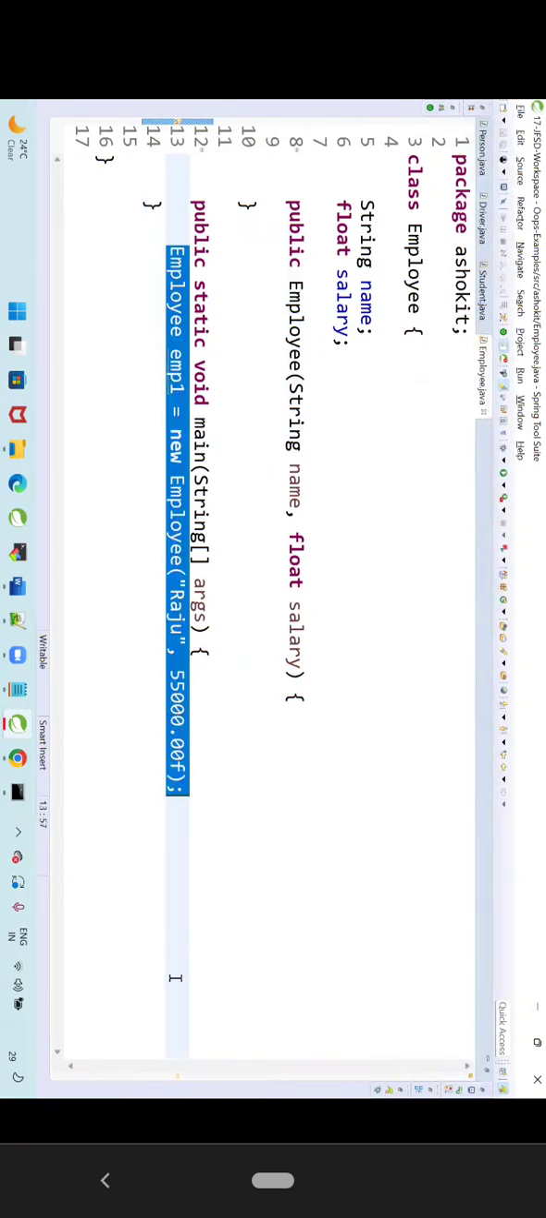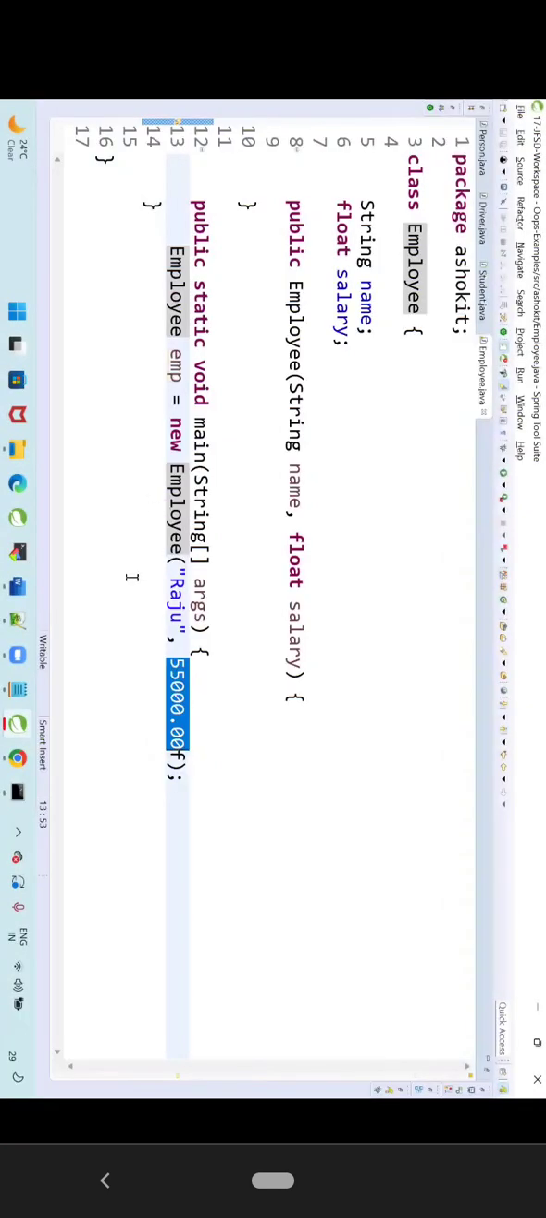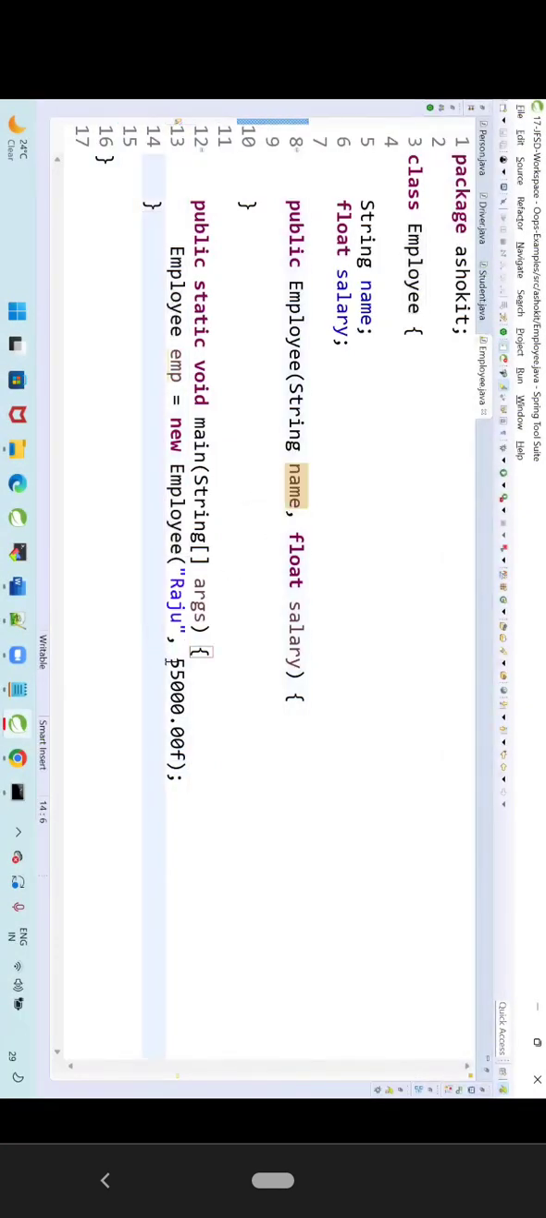Inside the main method, what I am doing? I am creating the object. Employee EMP is equal to new Employee("Raju", 55,000). So this is used to call the parameterized constructor. For this parameterized constructor, the first parameter is Raju, the second parameter is 55,000. So when this program is executed, the Raju value will be stored into the name variable, and 55,000 will be stored into the salary